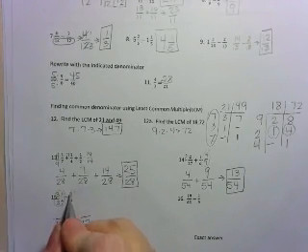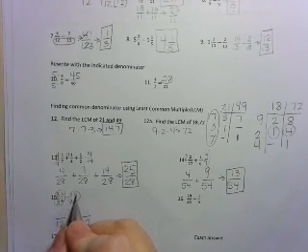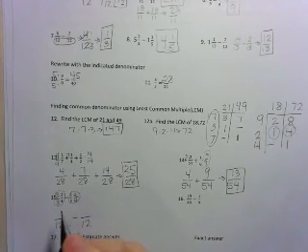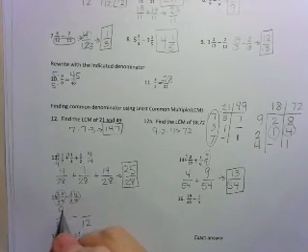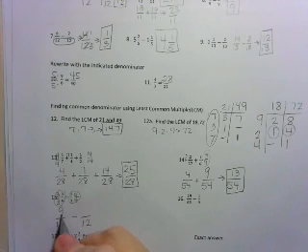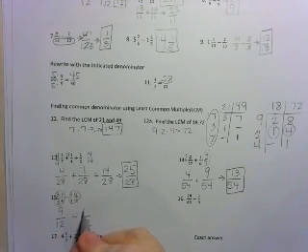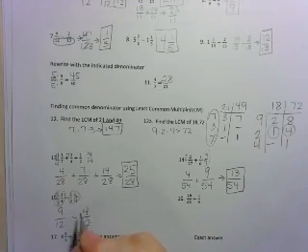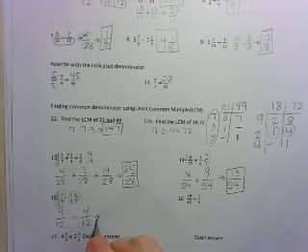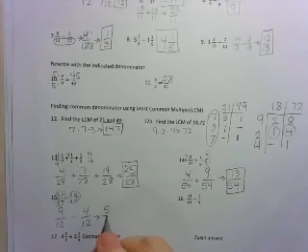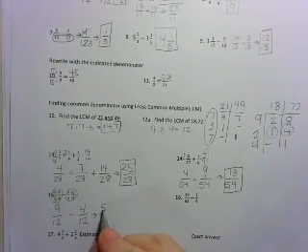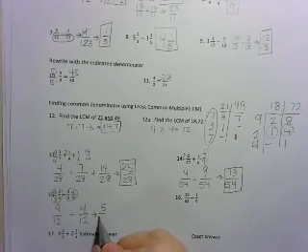And I'm multiplying this fraction by 4 over 4, which is 1. So 3 times 3 gives me 9. 4 times 1 gives me 4. Nine minus 4 gives me 5, and I still keep my